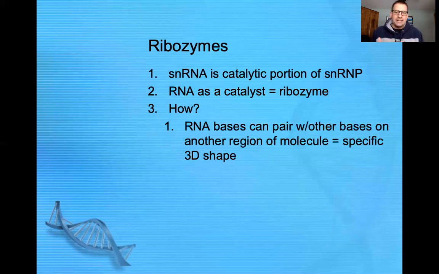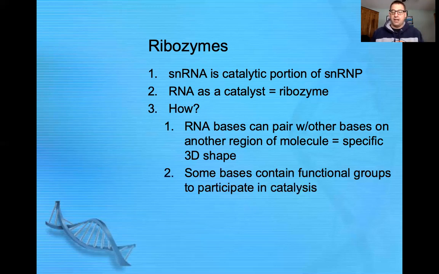How can RNA act as a catalyst? Well, RNA bases can pair with other bases on another region of the molecule, so they have a specific three-dimensional shape. Some of our RNA bases contain functional groups that can participate in catalysis, just like the functional groups of amino acids in the active site form weak hydrogen bonds and hydrophobic interactions and ionic bonds with their substrates. We can have the same thing here. We have functional groups on these RNA bases that can form these weak interactions with their substrate in order to